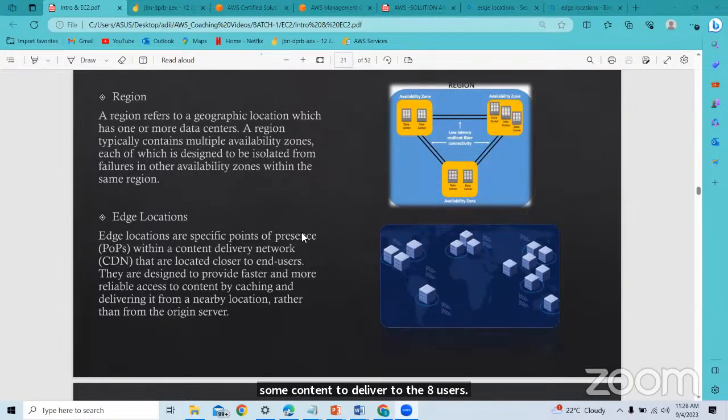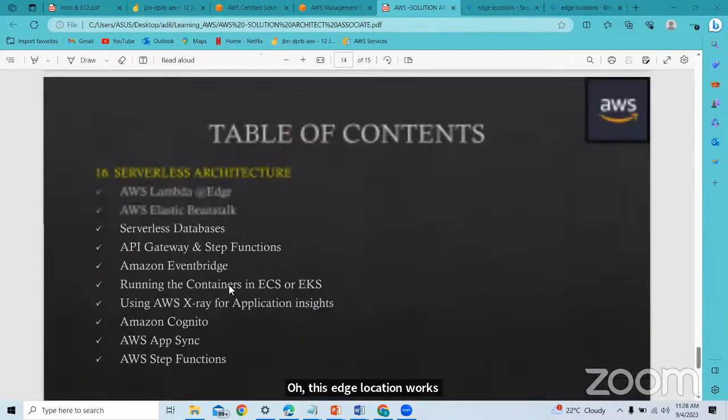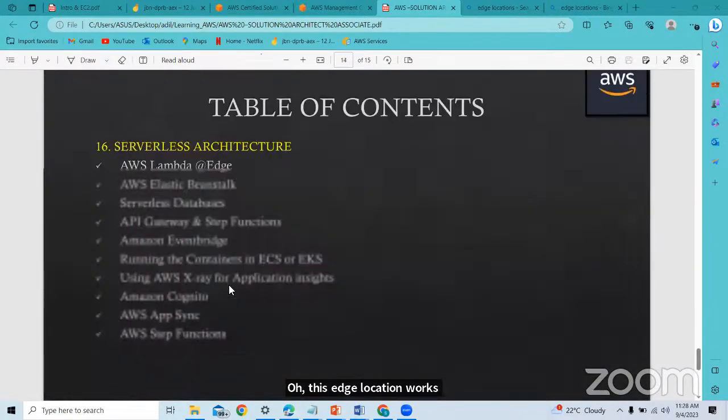Let's say you are a YouTuber, creating content on YouTube and delivering it to users in Singapore and Malaysia. How do you deliver? That's where CDN, content delivery network, comes in, and it is taken care of by CloudFront. When we do the CloudFront service, you will understand how edge locations work. Is it clear, guys?